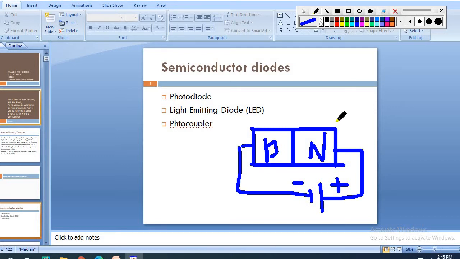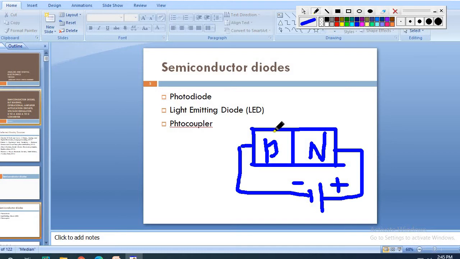Is it clear? Minority carriers are what remain after the recombination has happened earlier, when holes move towards the N type and the N type electrons move towards the P type. This is where the recombination takes place. Whatever remains here in the P and N are the minority carriers. But don't confuse this.